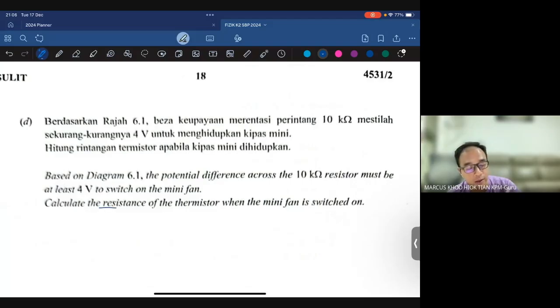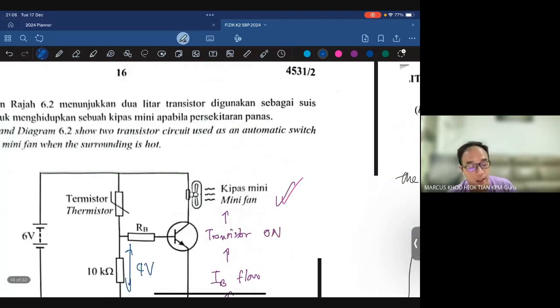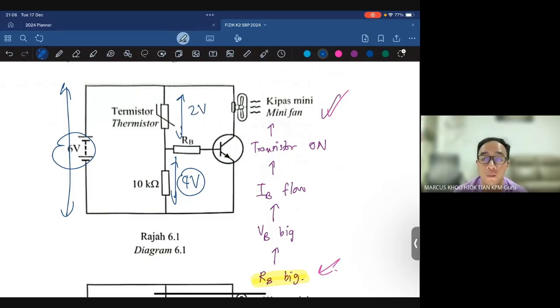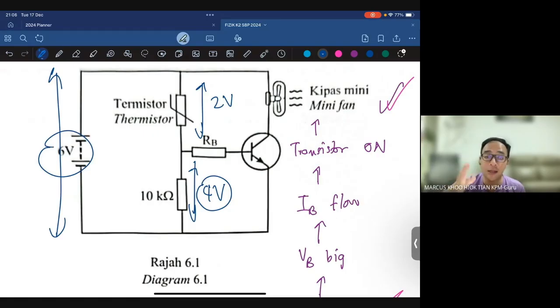So dia cakap calculate the resistance of the thermistor. Okay. So kalau sini adalah 4 volts, the total over here is 6 volts. Very logically, you should know that this is 2 volts. Why? Because dia adalah pembahagi voltan. Okay, litar ini adalah litar pembahagi voltan, potential divider circuit. So kalau 4 itu sudah kena bagi dengan 10 kilo ohm, itu thermistor dia terpaksa ubah supaya hanya 2 volt saja yang boleh masuk. Okay, from this you can calculate the